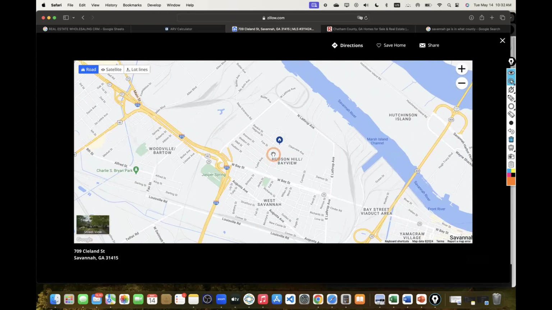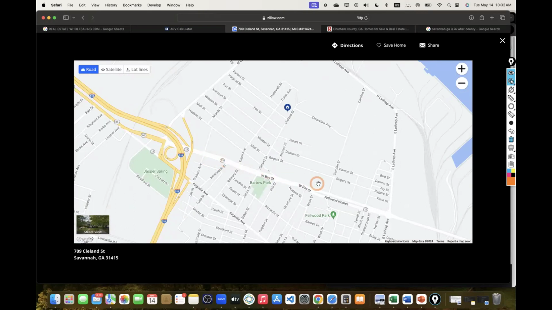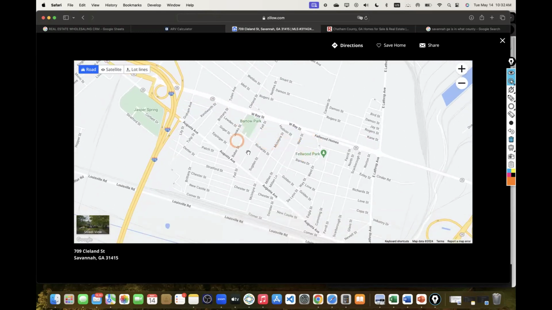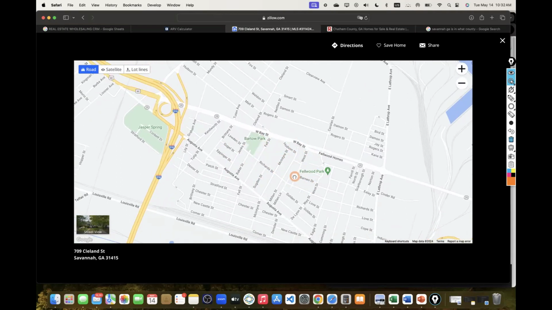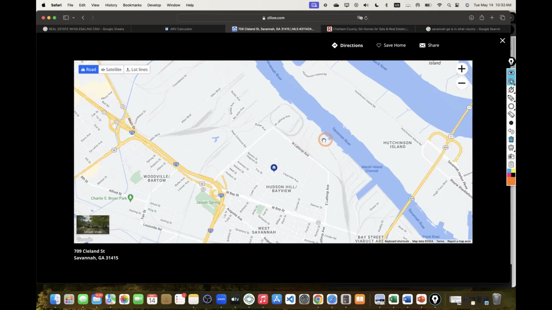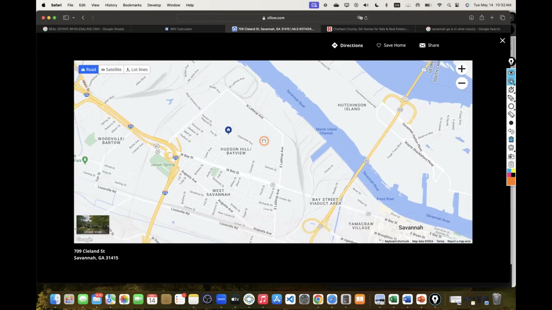So this is a great example of sticking to the same neighborhood because one, we have this major road, Bay Street. This is good. It's an off ramp to this freeway. So this is going to be a heavy traffic road where, again, I'm probably going to get some comps or some properties listed over here that have been for sale or have sold in the past. And I can use those comps, but because of this major road, I'll definitely have to make some price adjustments. Right behind the neighborhood, there's the Savannah River, so there's nothing to comp over there. To this side, there's a train station as well too.